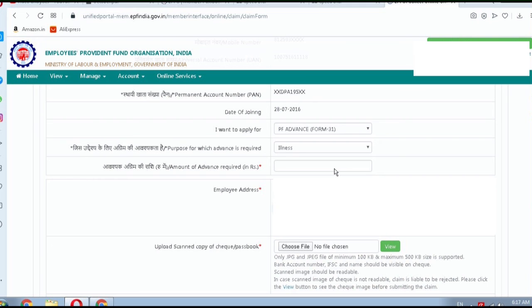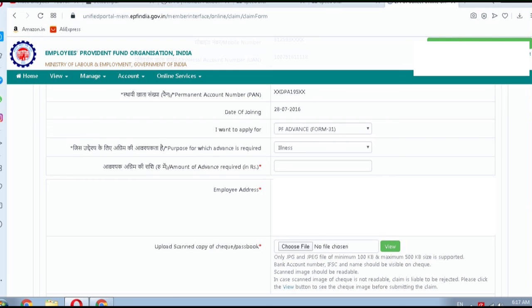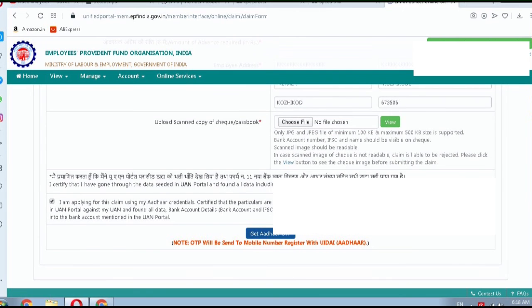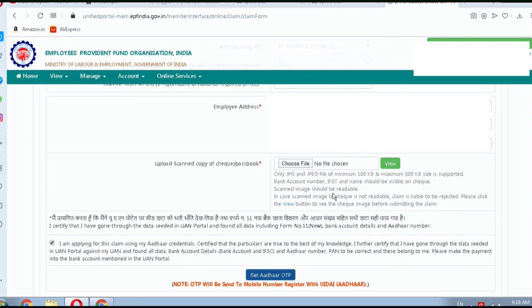You have to fill the details here as per the document you submitted to EPFO, the complete address. Then you have to upload either a scanned copy of a cheque or passbook. The format should be JPG and the size should be between 100 KB to 500 KB. Bank account, IFSC and name should be visible on the cheque. If your name is not printed on the cheque, you can apply for a fresh cheque from the bank.